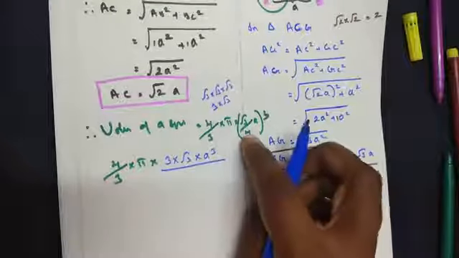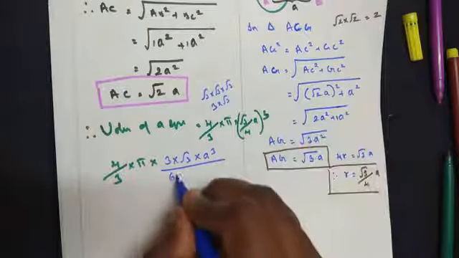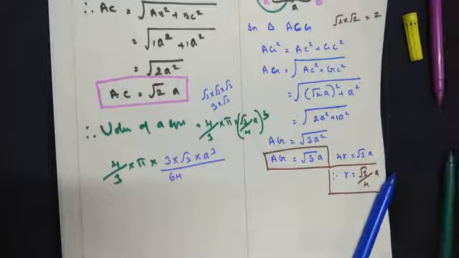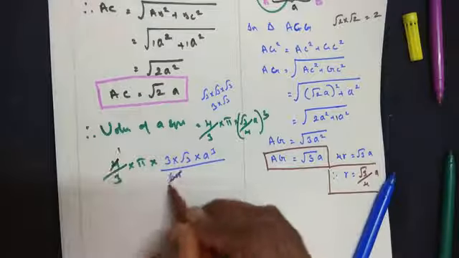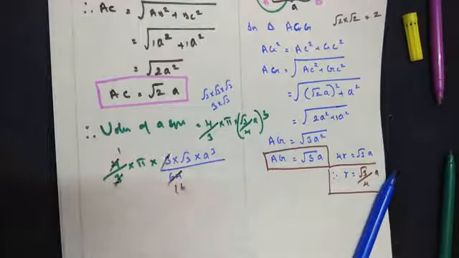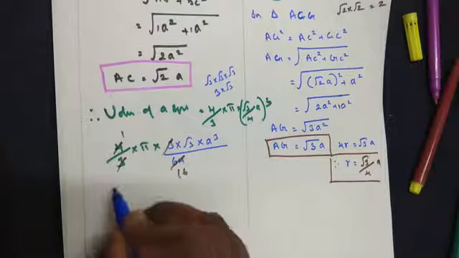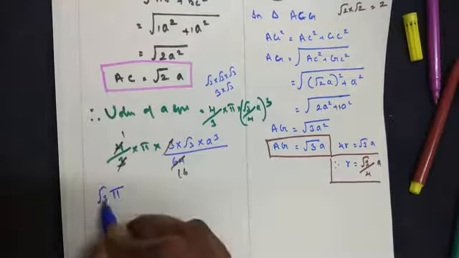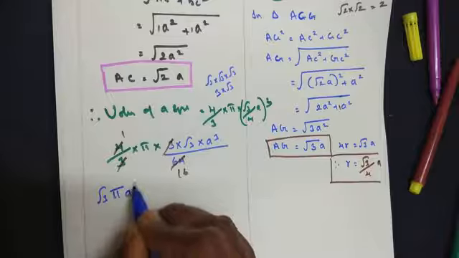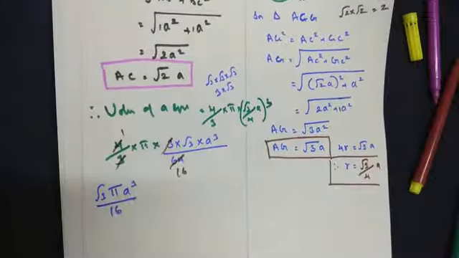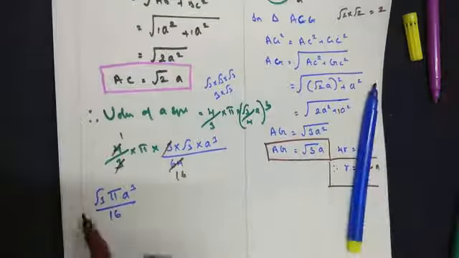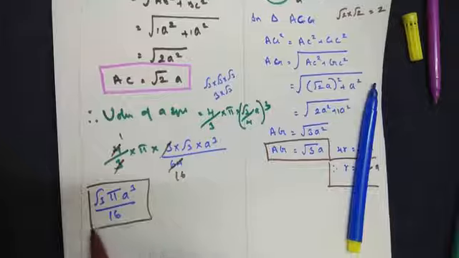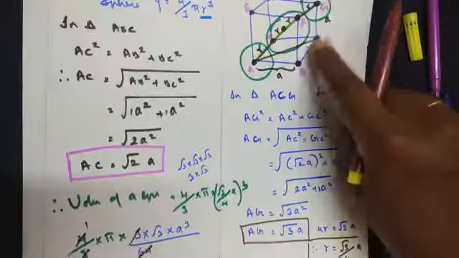Now when you multiply 4 into 4 into 4, we get 64 as the answer. So let's go to simplify it. 1s are 16s are, 3 and 3 get cancelled. So you get your answer to be pi, that's the square root 3 will come, square root 3 pi A cube by 16. Now this is the volume of the sphere in a body centered.